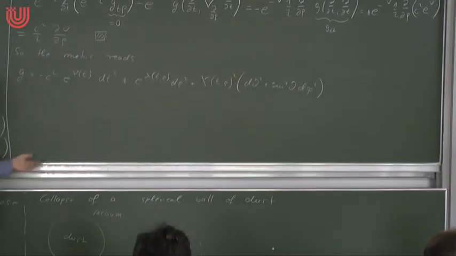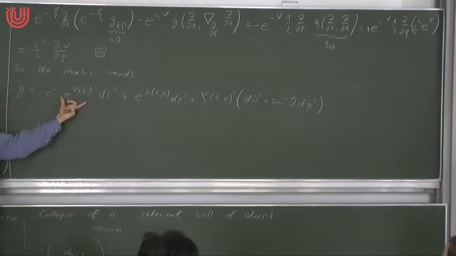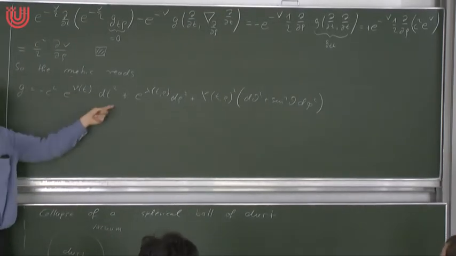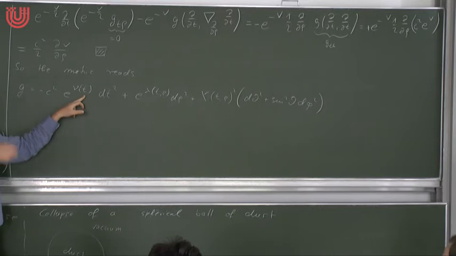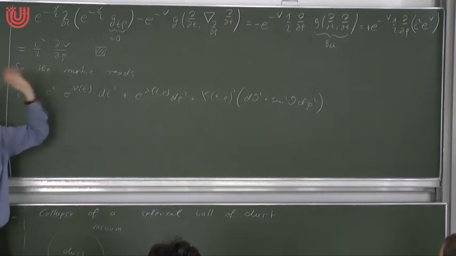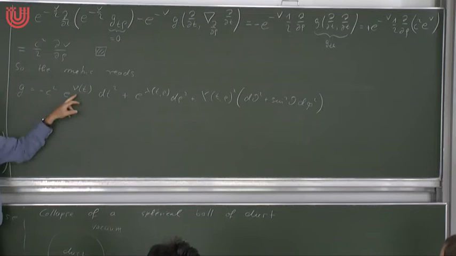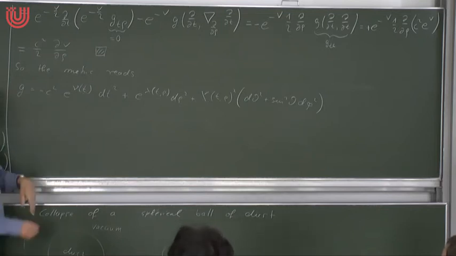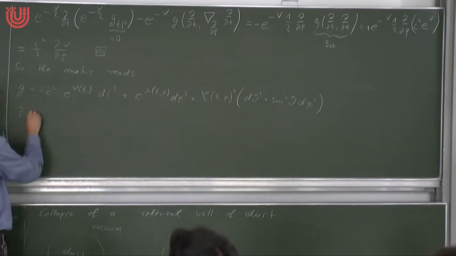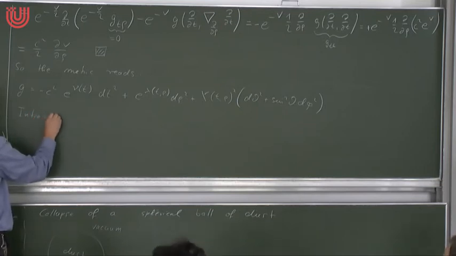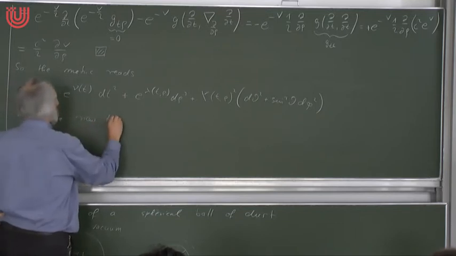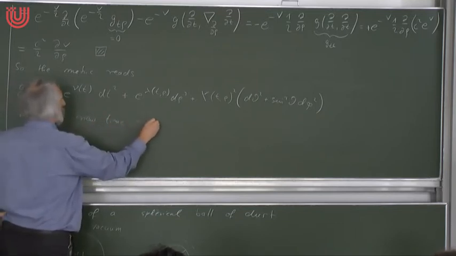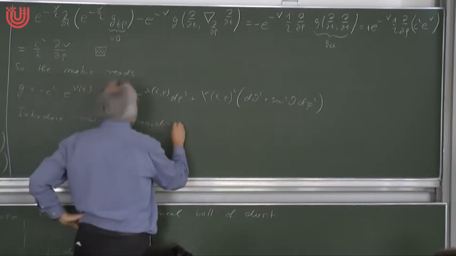And now you see, if you have a factor in front of the dt, which is just a function of t, you can combine this into the differential of a new time coordinate. Yeah, as long as a rho is in it, this of course doesn't work, because then you would have to use the chain rule and you would get cross terms and you would mess up the whole thing. But if this depends only on t, then you can introduce a new time coordinate. So we transform only the time coordinate. We leave everything else as it was.